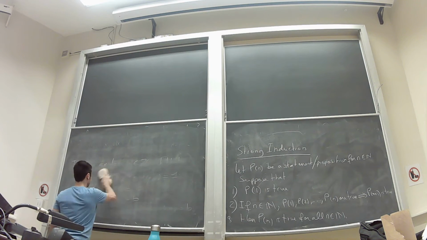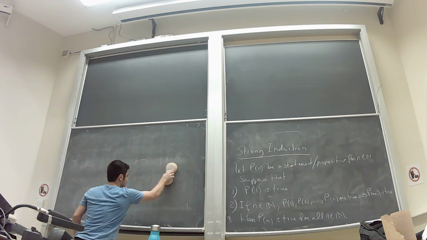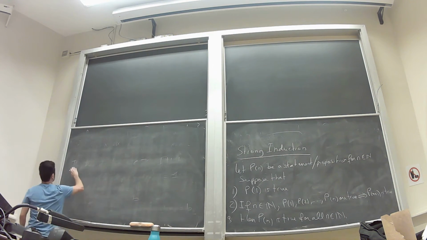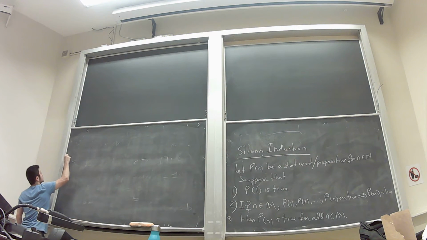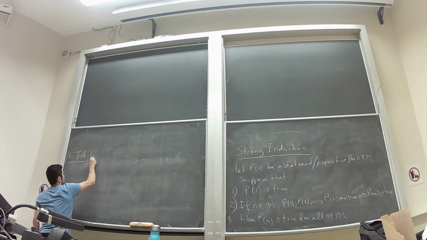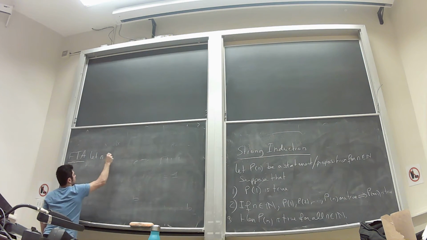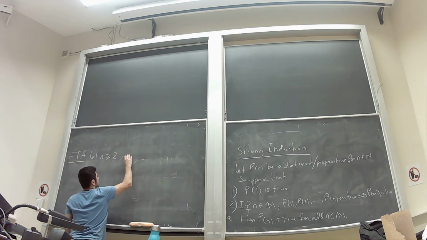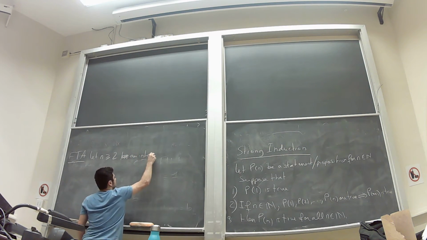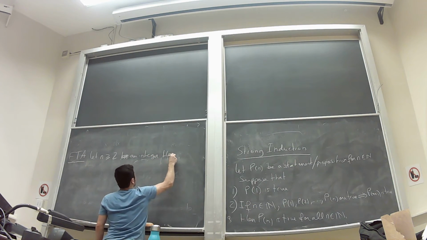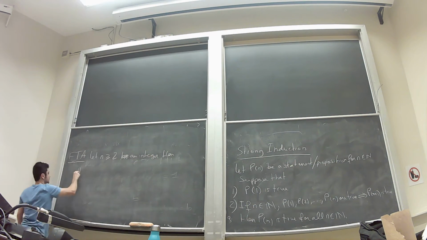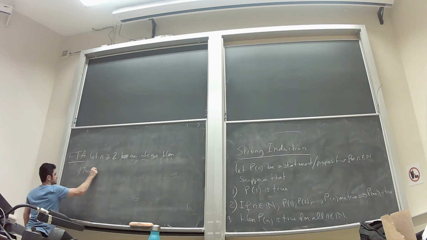Great. Now let's prove the fundamental theorem of arithmetic. Let n be an integer bigger than 2. Then, there are two statements. There exists